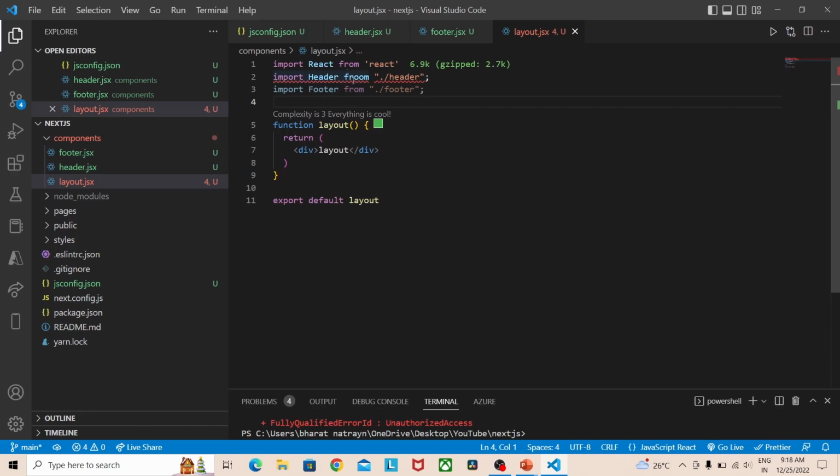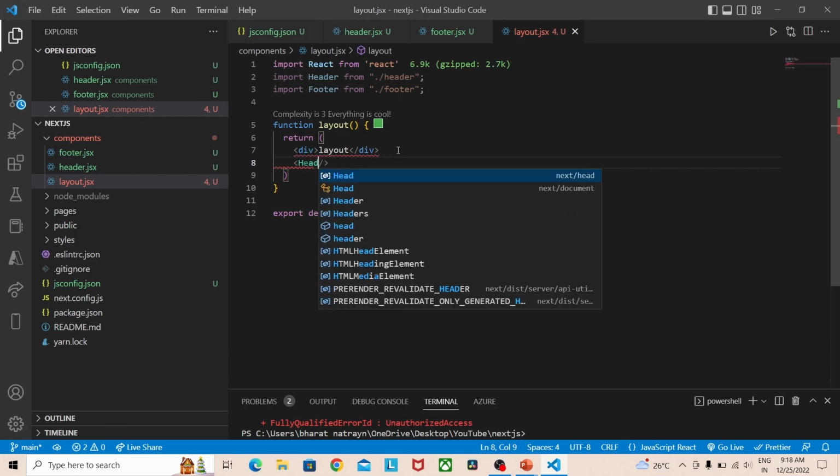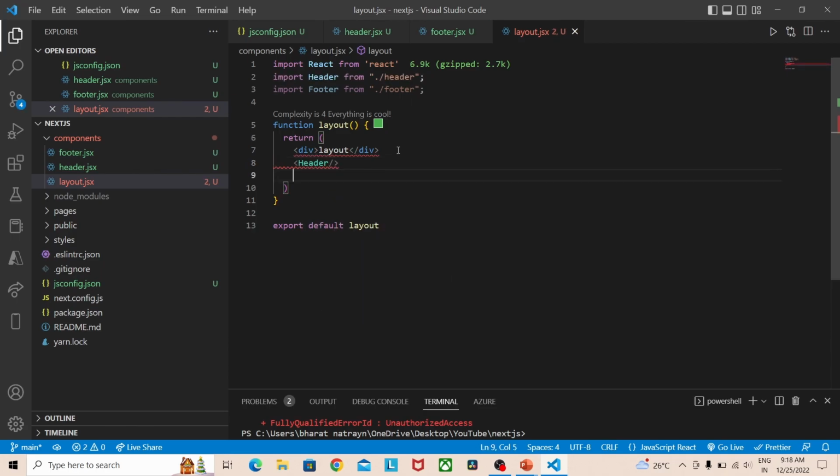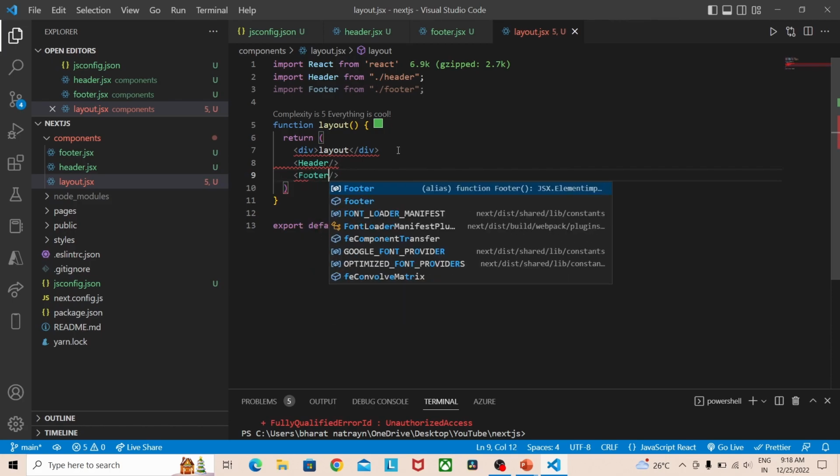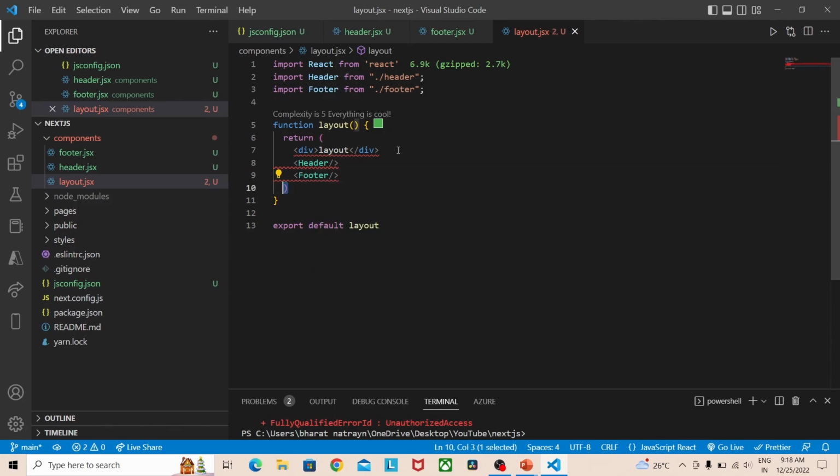Here I have provided it by mistake. Here I'm going to provide header and footer, so here we have to remove this one and this one. Now if we kickstart the project,